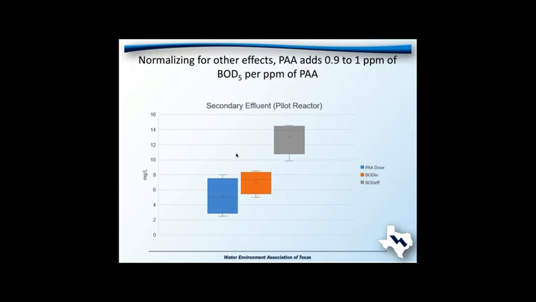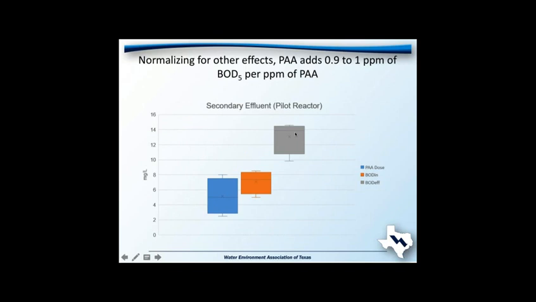When you add PAA to a wastewater, you're going to also add some organic material, which increases the BOD of the water. So that's going to be a factor of PAA addition. And this plot shows on the y-axis milligrams per liter of PAA, and this is all in secondary effluent. What you have here is the initial PAA dose in blue. You have the BOD starting of the water, and then when you add those two together, you get a higher